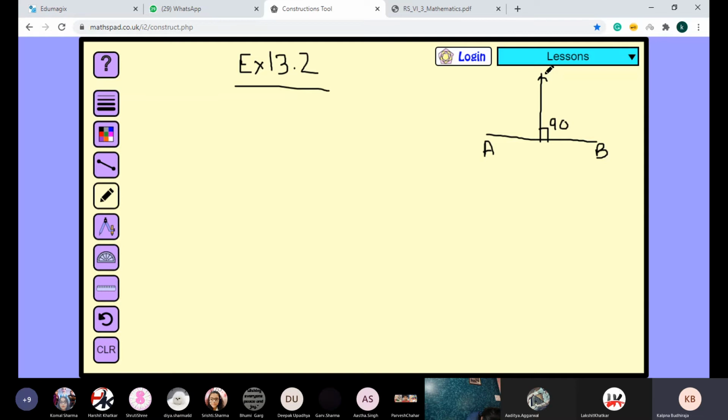Now I am starting with answer 1. Okay, so answer 1, as per,